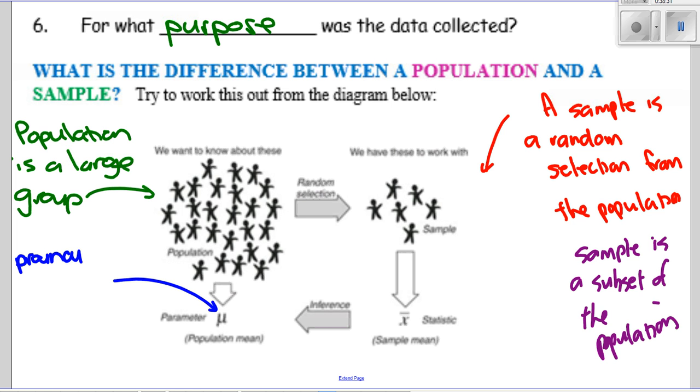Mu. Write it however you would say it phonetically. Some people might say M-Y-O-O. Pronounced mu. That's the mean of...